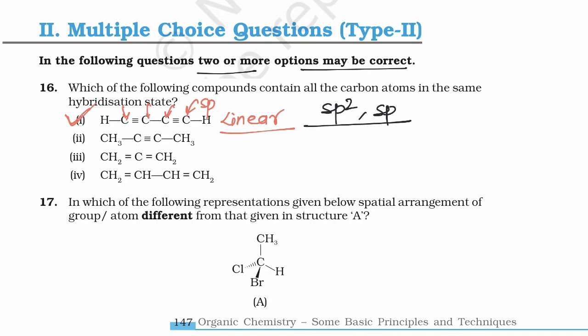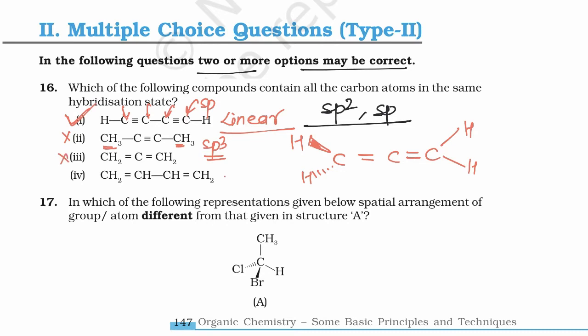Now in the second case, these two carbon atoms are sp3 hybridized, and if a carbon atom is sp3 hybridized, then the molecule will be tetrahedral, so the second molecule is not linear. In the third case, this molecule is non-planar because these two terminal valencies are present. If these two valencies are present in the vertical plane, then the other two valencies will be present in the horizontal plane. So this molecule is similar to a tetrahedral molecule. So again, this is not planar.